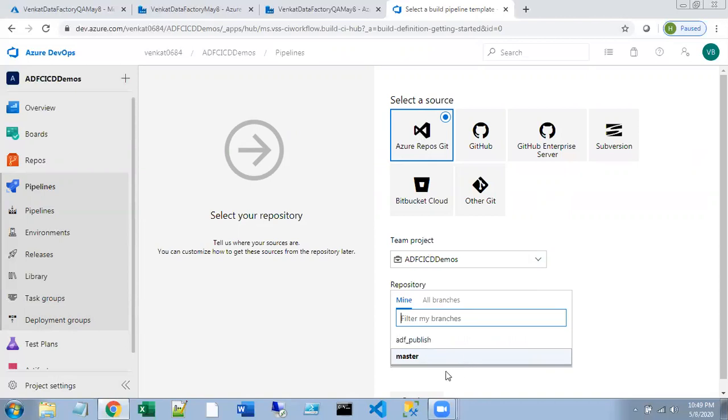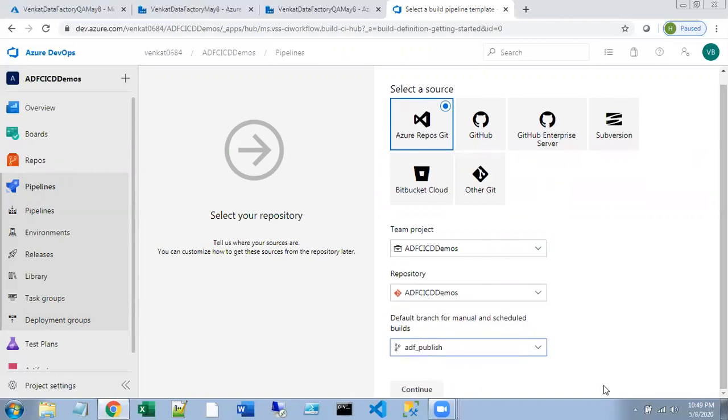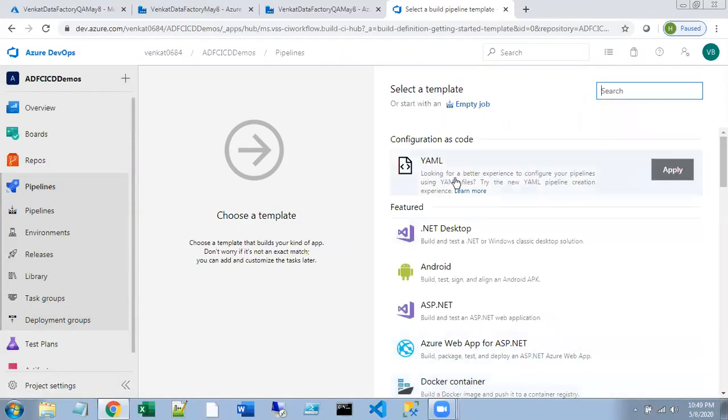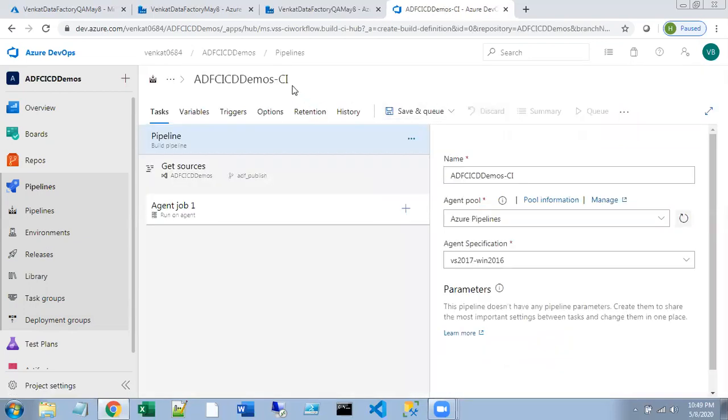I'm selecting ADF_publish. Once you select those options, you have to go for continue. So go with empty job. You name this pipeline. I am just going with the default one. If you want, you can just change the name.